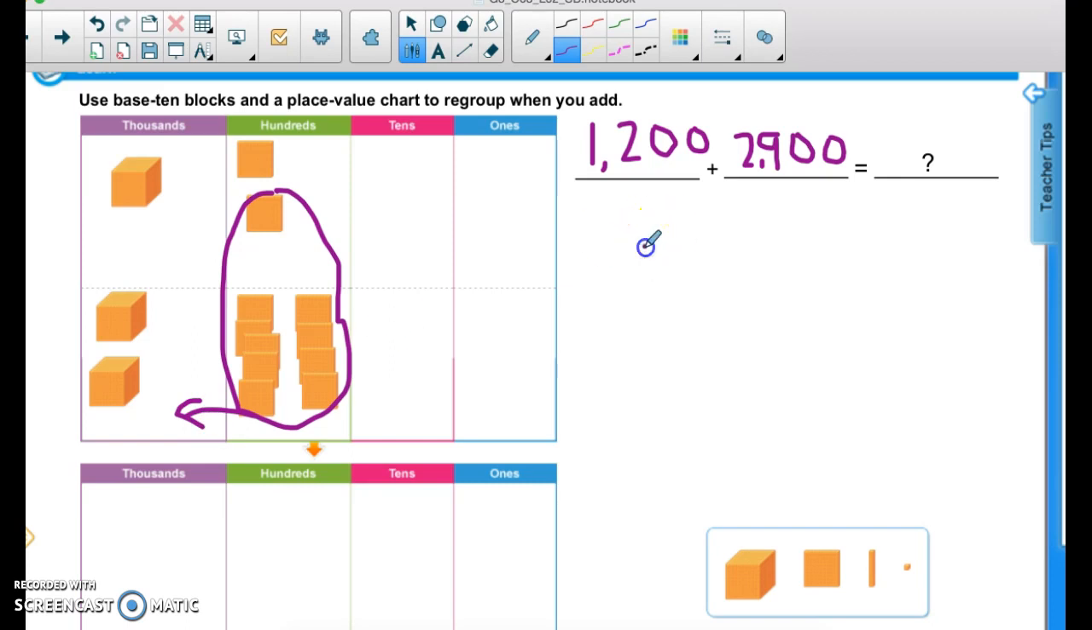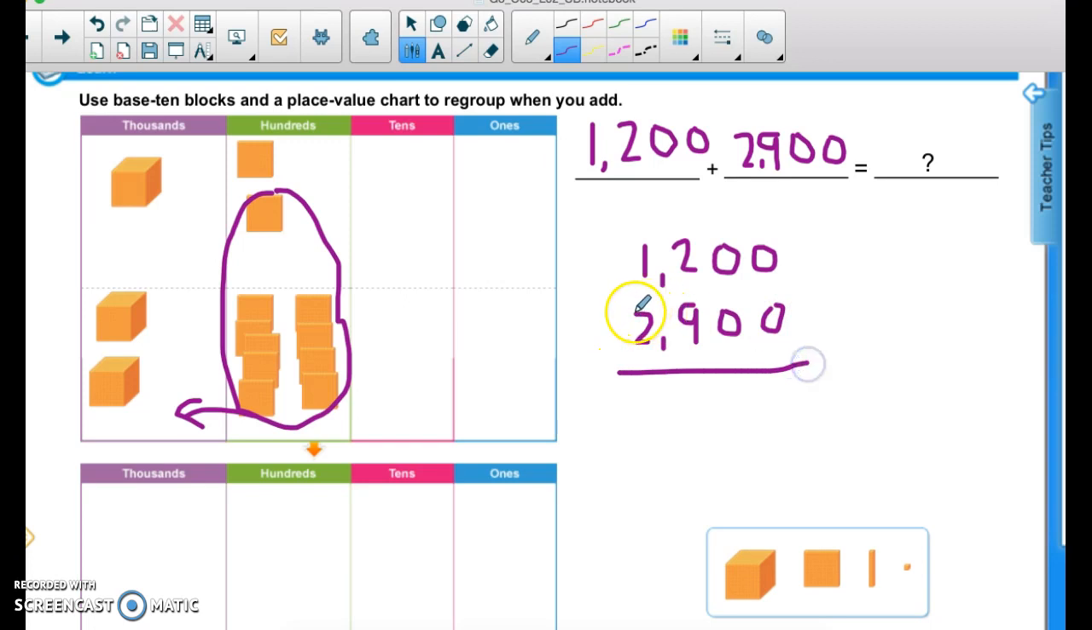Okay, so if I'm looking at that over here, I have 1,200 and I'm adding 2,900, just like in my place value chart right here. I have 0 ones and 0 ones, 0 tens and 0 tens. Then I have 2 hundreds,